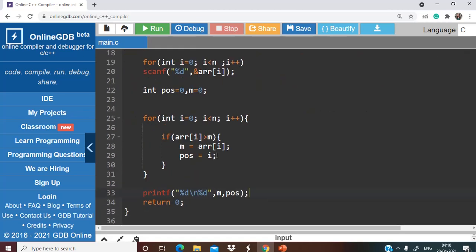Now let's move to the next question that was asked in Accenture itself. So here's the next question. As I've already told you, in the Accenture exam you basically have to write a function. So in this question there is a function sum of pro, and this function is taking two integer arrays, arr1 and arr2, as arguments, and they both are of size n according to the question. So it is taking three arguments: arr1, arr2, and the size n.